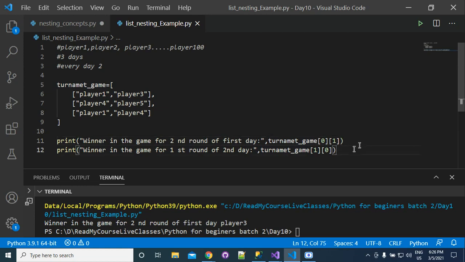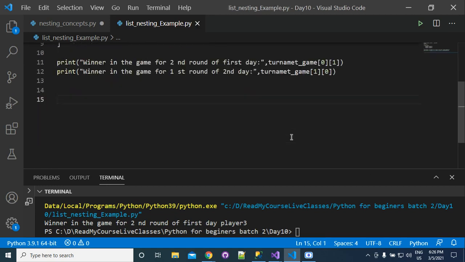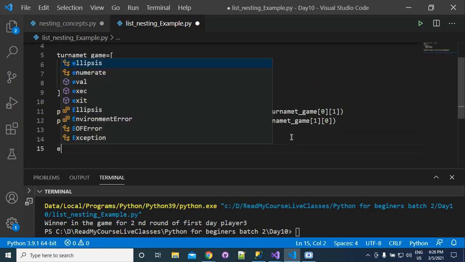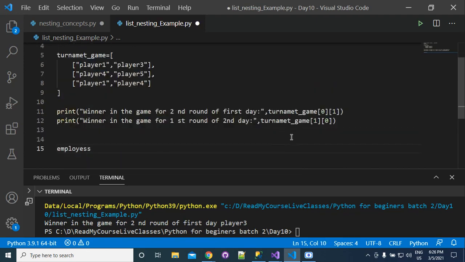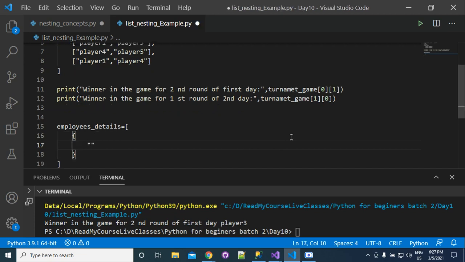So now I think next thing is, now you can deal with nesting. Okay, so I am giving you one more example of nesting. So suppose that we have employee details. Okay, and employee details is a list, and in this list suppose that we have again a dictionary like this.